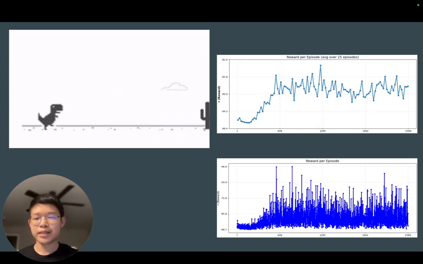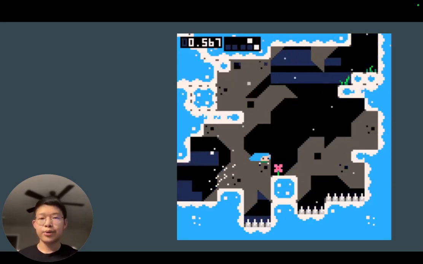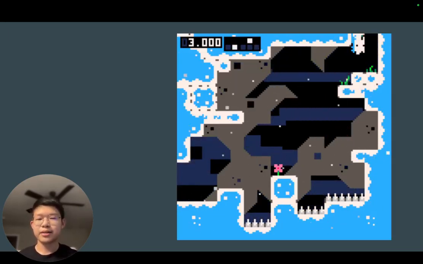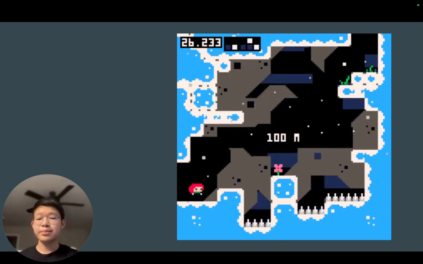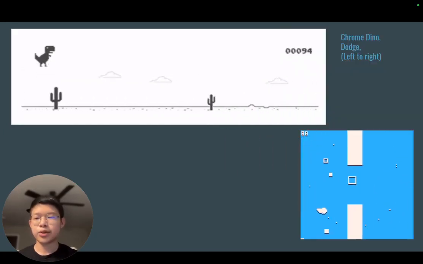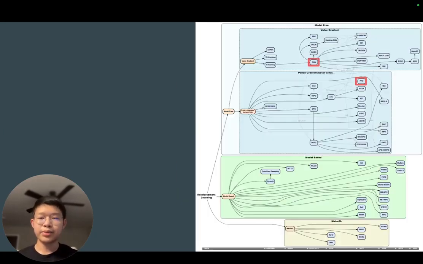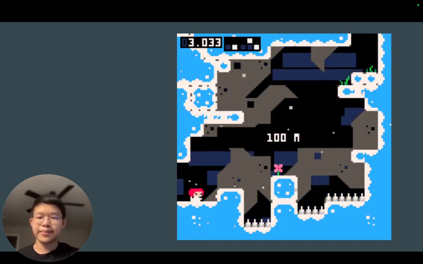And for my future project, I would like to continue this as it's something that I find super cool. I would like to work on this game called Celeste, and I'd like to train a reinforcement learning agent for it. This game's more complex and quite different from the others, as in these two games, your goal is simply to just survive. In this one, there would be a direct goal of simply reaching the ending, and I would